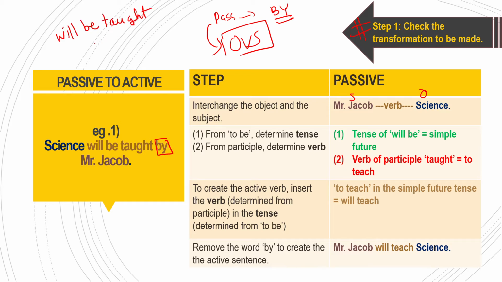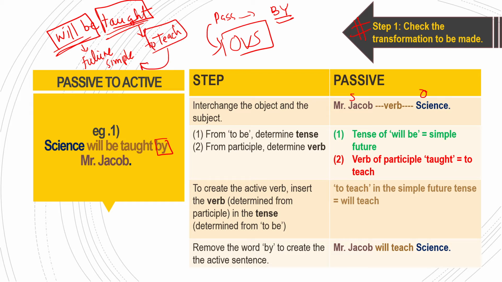Now from this you need to split will be. So the will be is what tense of to be? Future simple. And taught, you need to find out what is the verb of it. It is the participle of which verb? It is the participle of the verb to teach. Then what you need to do, I'll repeat. From the passive verb you need to find out what is the tense of to be. You need to find out what is the verb of the participle, and then you need to put this verb